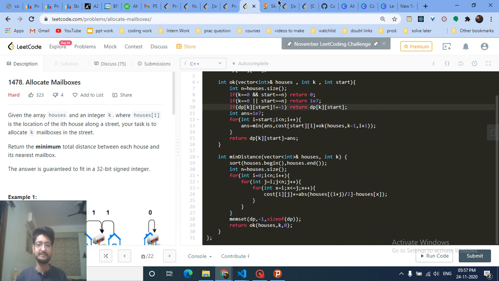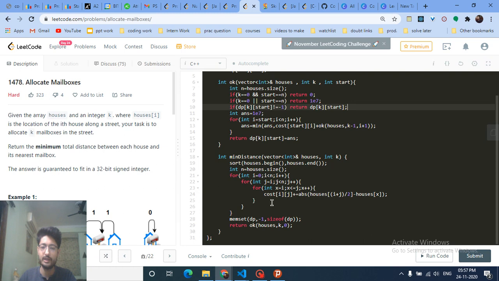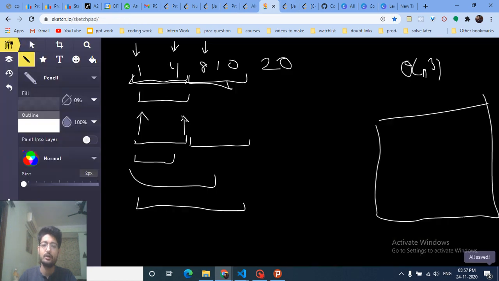If you want, I can even draw out the test case. So what I was doing, I was finding out the cost for every interval and storing it in this cost matrix. As I've told you, I've made this cost matrix, and then starting from the starting index, which is 0, I will iterate from 0 till every interval, like 4, 8, 10. Now let's assume I close my interval at 4, then I will recursively call my function again at 8, because we have taken this as an interval, and we are assuming that for this interval of the houses from 1 to 4, we will put a mailbox at the median of this interval.